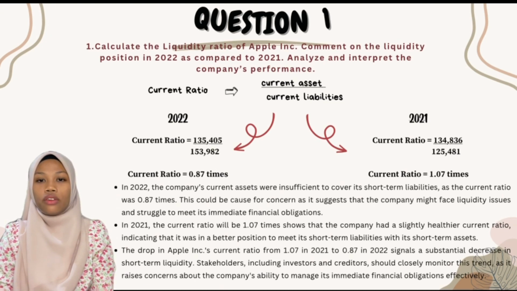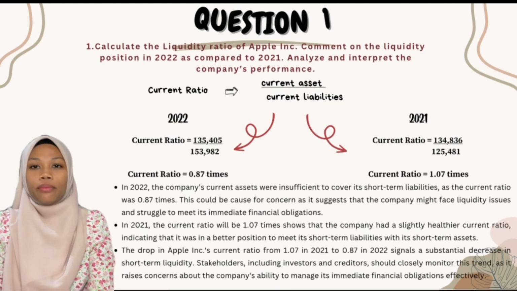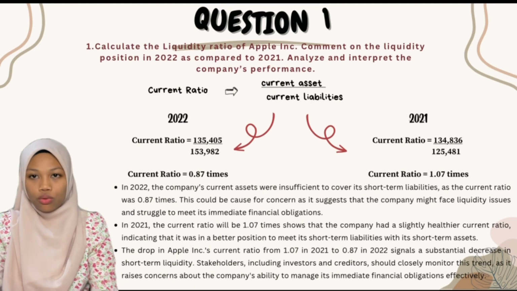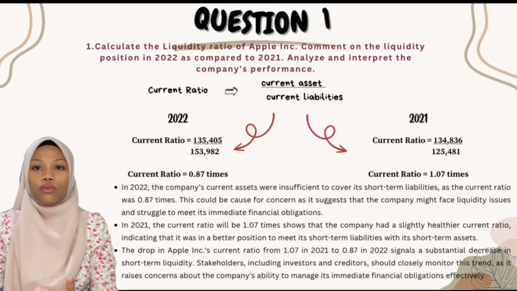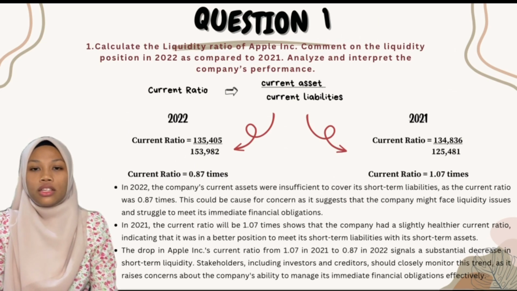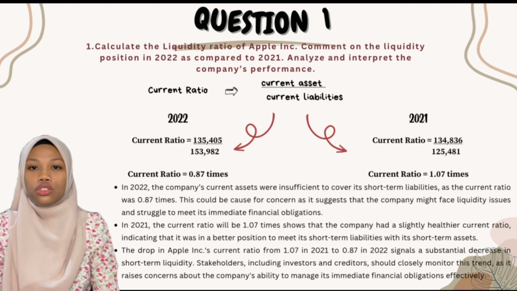is 1.07 times. So, to analyze and interpret the company performance in 2022, the company's current asset were insufficient to cover its short-term liabilities, and the current ratio was less than 1, which is 0.87 times. This could be cause for concern as it suggests the Apple Company might face liquidity issues and struggle to meet